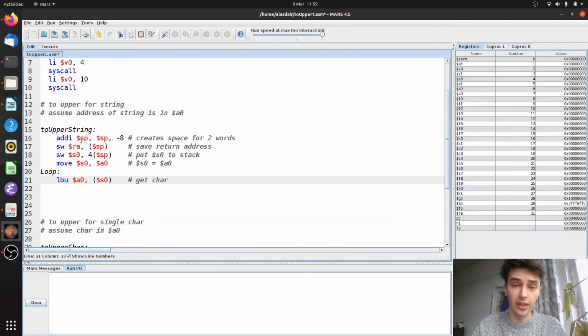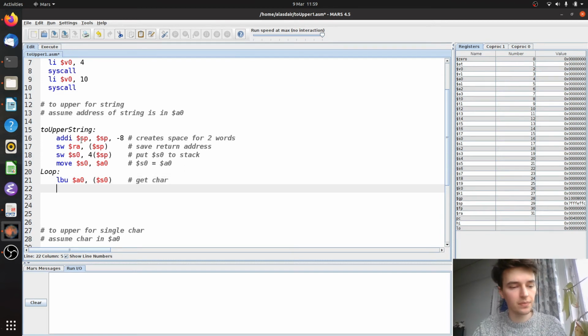And the reason we're storing it in A0 is because the subroutine that we're going to call needs it to be in A0 for it to function. Now, I want to do my usual branch if equal to 0. If A0 is 0, we don't need to call anyone, we don't need to do anything, we just need to go